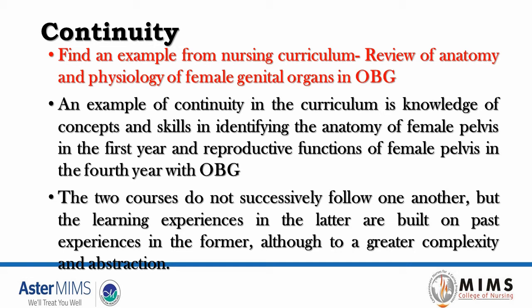Find an example from nursing curriculum. Review of anatomy and physiology of female genital organs in OBG. An example of continuity in the curriculum is the knowledge of concepts and skills in identifying the anatomy of the female pelvis in the first year and reproductive functions of the female pelvis in the fourth year with OBG. I hope you understood. See, when we are teaching anatomy in the first year and the physiology also, in the anatomy we may talk about the female pelvis, that is the normal gynecoid pelvis,